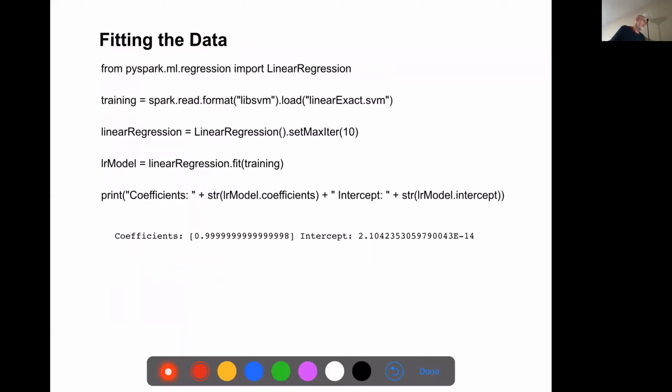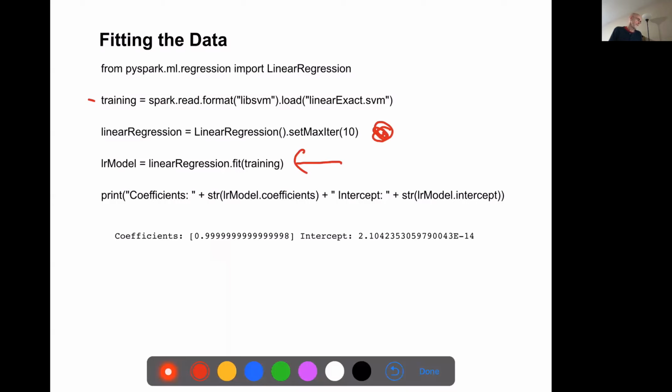Right, so once we have the file in the format, it's pretty straightforward, as in pandas, right? Read the training data, set how many times we want to iterate through, and then we can fit our training model.